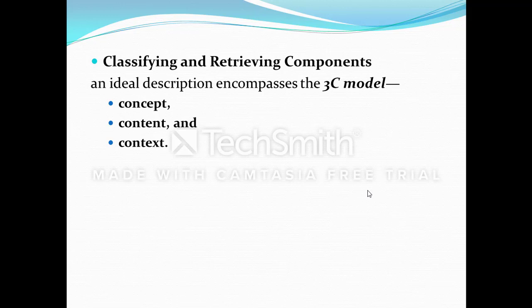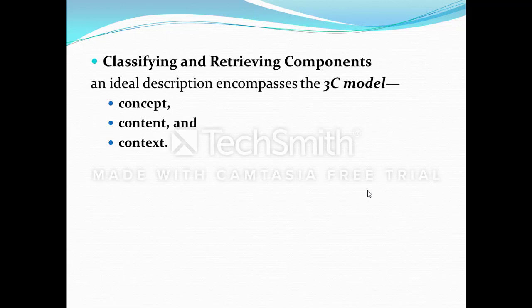The concept of a software component is a description of what the component does.